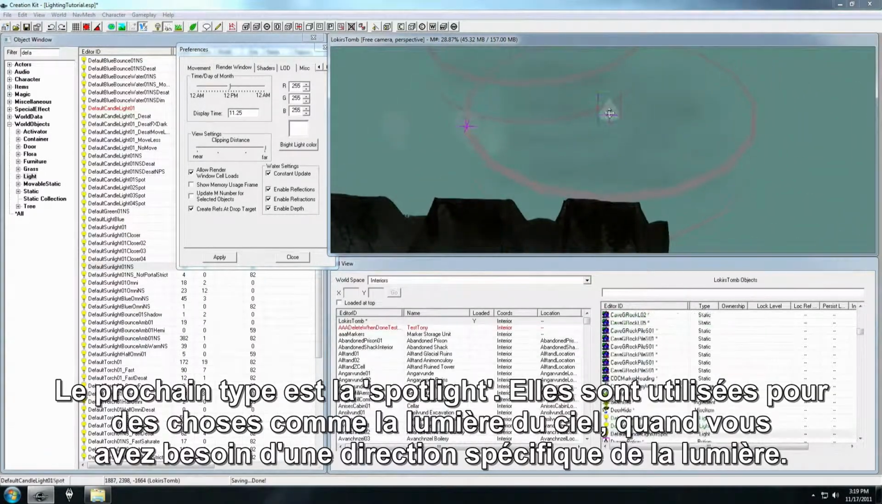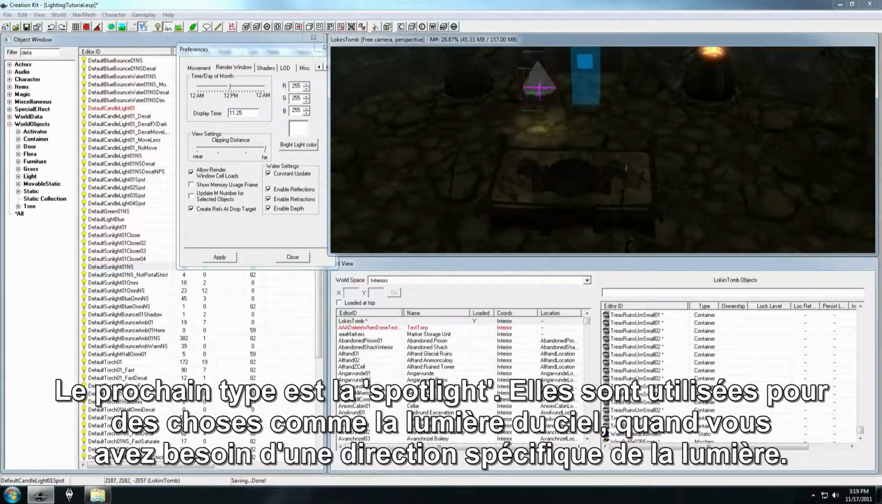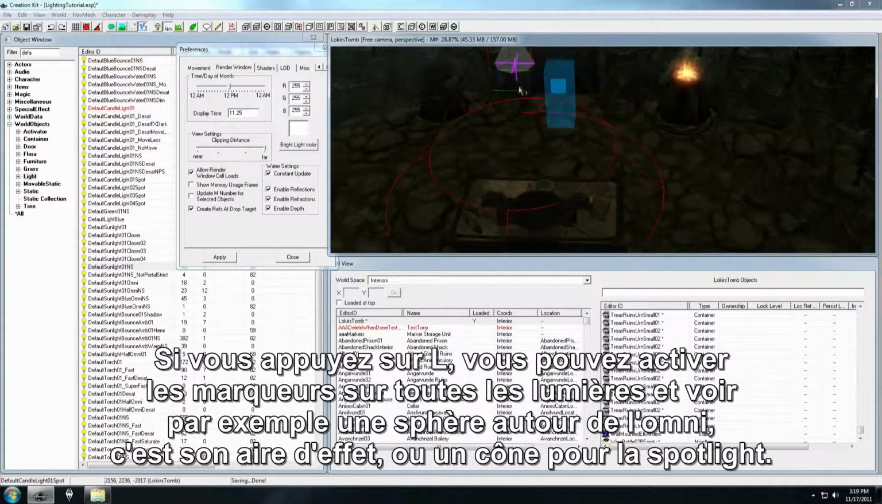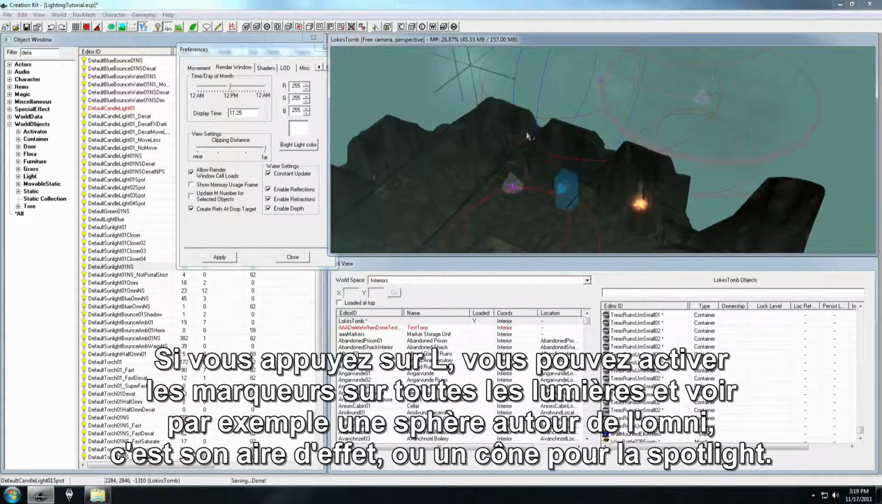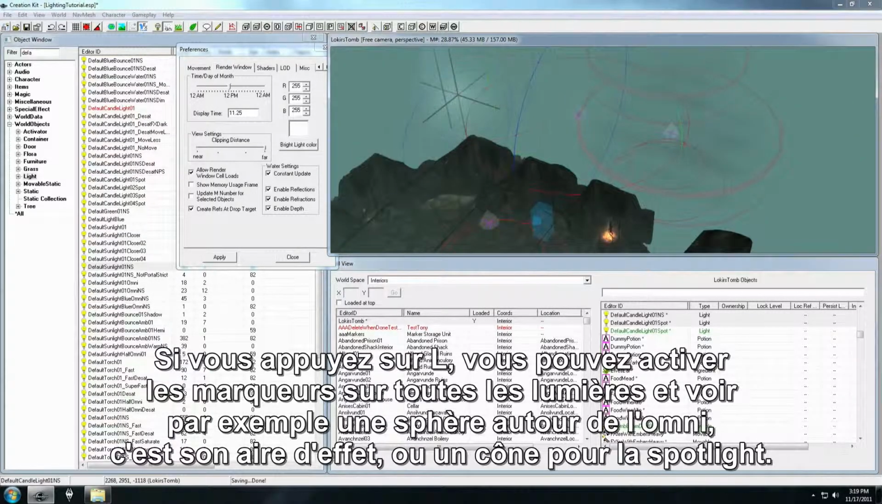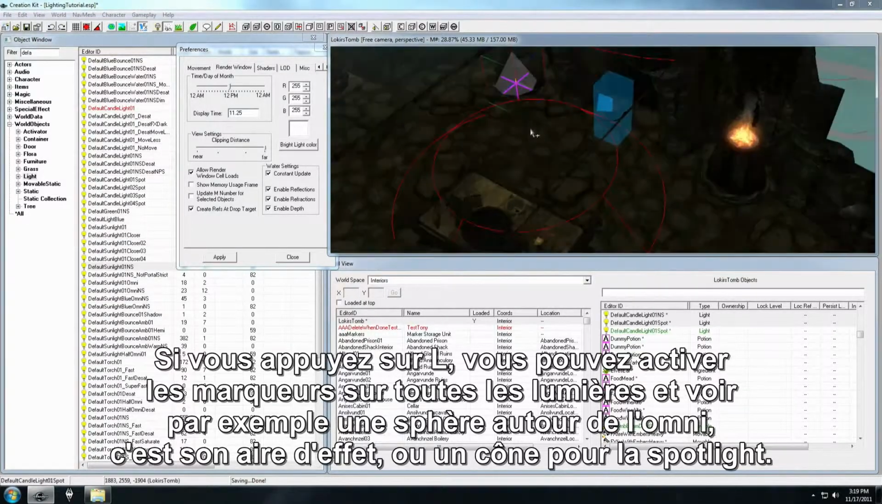The next kind is a spotlight. And spotlights are more useful for things like skylights where you need a specific direction of light. And if you press L, you can toggle the markers on all the lights, and you'll see, for instance, the sphere around the Omni, and that's the area that affects, or the cone for the spotlight, and that's the area